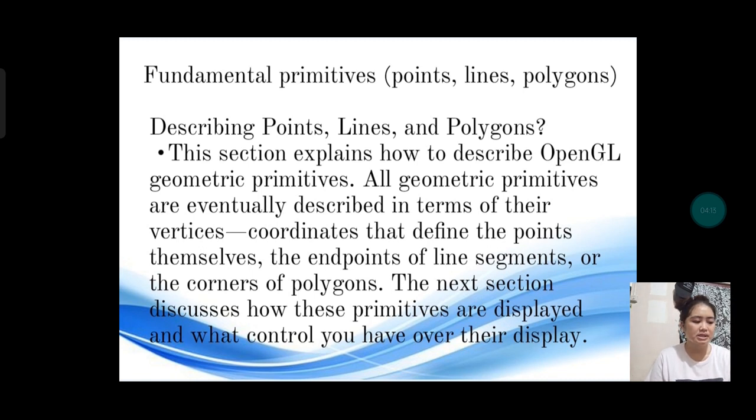Points in a coordinate plane. Points are represented by ordered pairs, the x and y. For instance, (2, 3) represents a point 2 units to the right and 3 units up from the origin. Points are essential in defining the vertices of geometric shapes. For example, the vertices of a square are points where its sides meet.